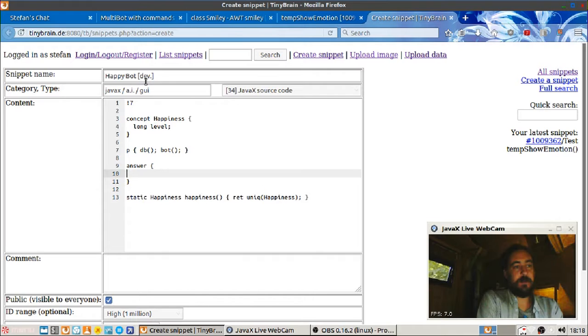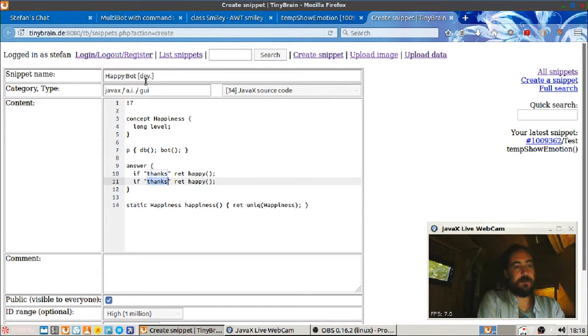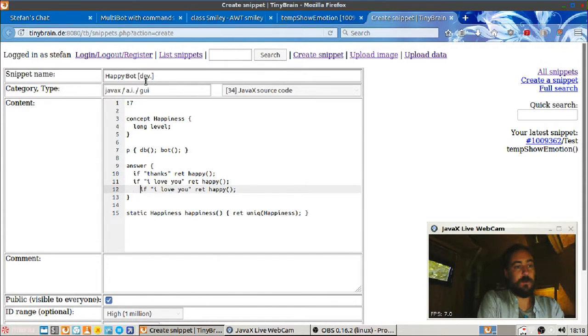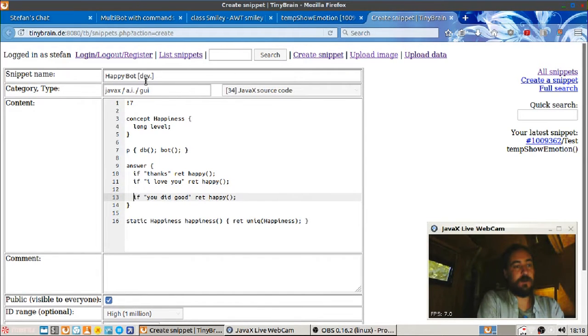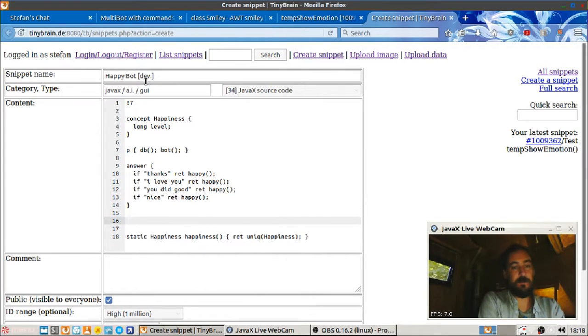So now we have to make the bot happy sometimes in some ways. Let's say the user says thanks, then the bot will be happy. Or if the user says I love you, or you did good, or how about something I always write, nice, to applaud my bots.